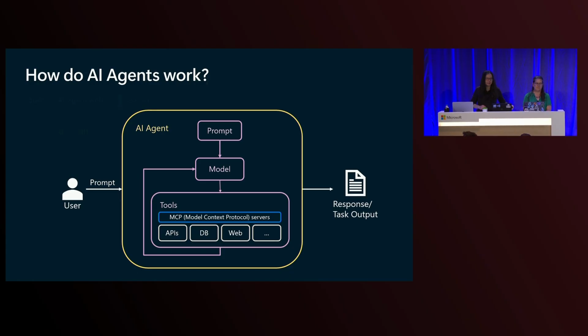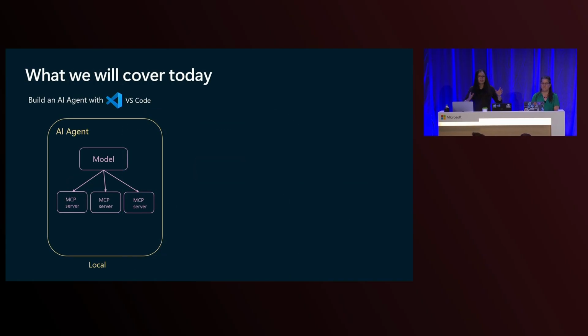So with that, let's go over the high-level diagrams for what we're going to show today, because there's a lot. As I mentioned earlier, we're going to start with building a local agent. We're going to use a model that will call 3 MCP servers. So instead of 1, we are going to use 3. One of them is going to access our file system. It's going to be a local file. And the other 2 are going to access the web to retrieve real-time information. And with all that, the model is going to synthesize the data and make smart decisions.